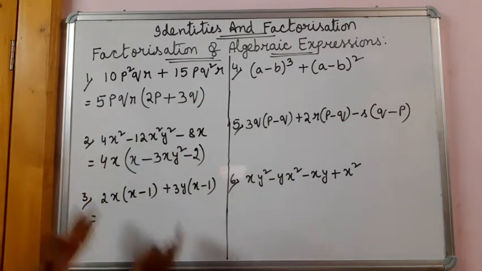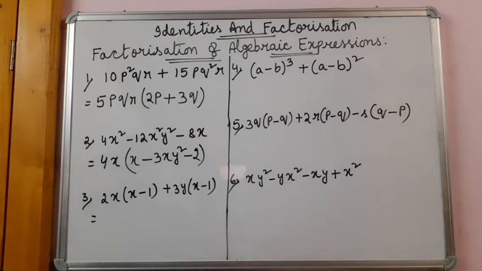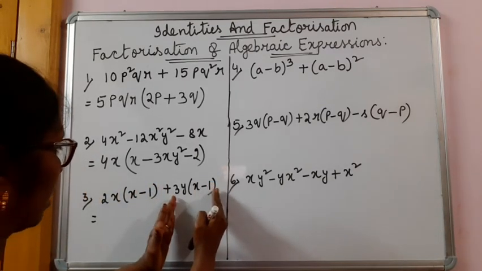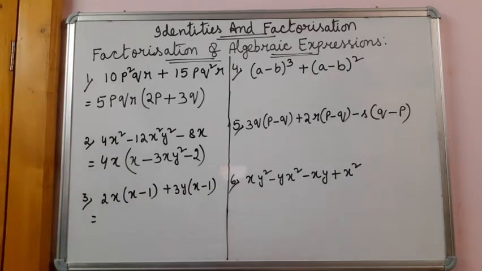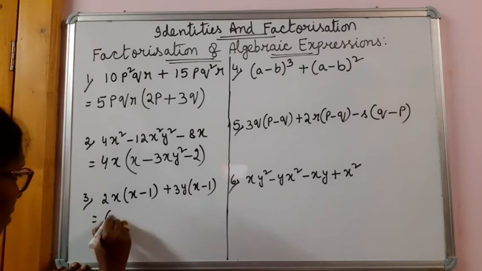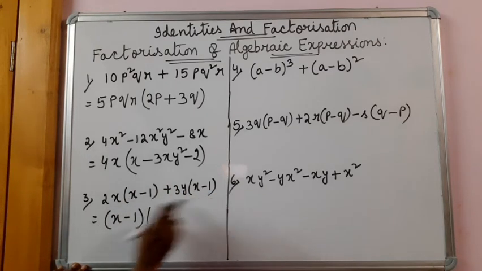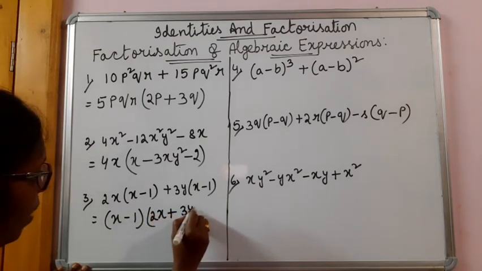Okay? Now, here I have given two terms, here three terms. Now here you can see each term is having the product of some factors. So let us see. Now this is one term, this is another term. In both the terms we can find x minus 1. So the common factor is x minus 1. When we take x minus 1 in both, here 2x is left plus 3, 1.